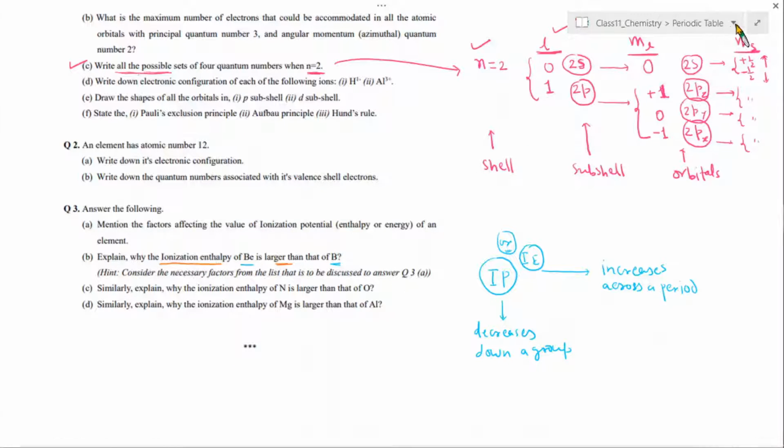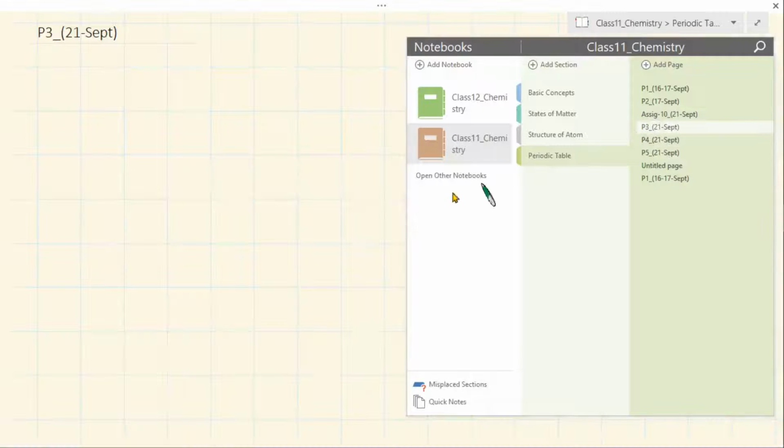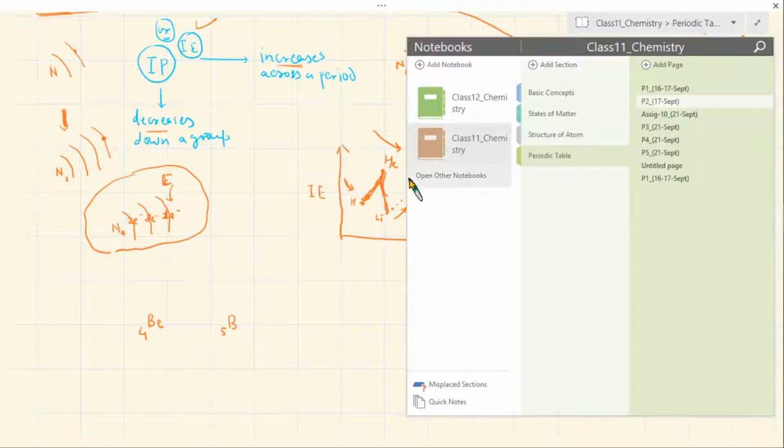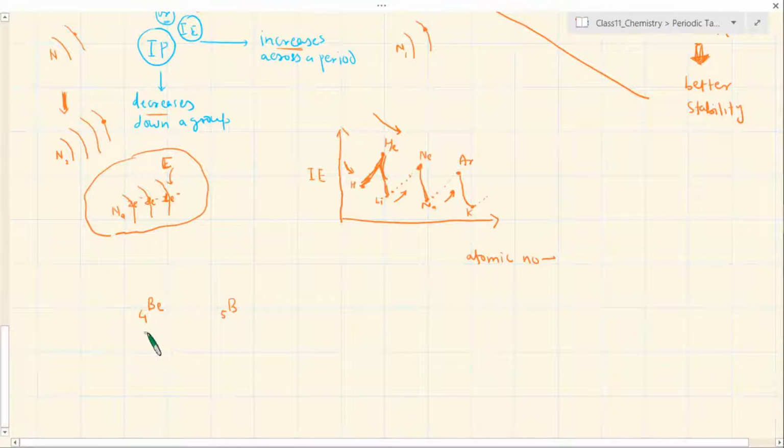That is what you need to be able to explain, and you can explain it very nicely now because you know the arrangement of electrons, or electronic configuration, of the two in terms of orbitals and all the factors. So let's look at the electronic configuration of the two. It is as if we are putting in an exceptional case here. If I blow up this one, it will be shown something like this.